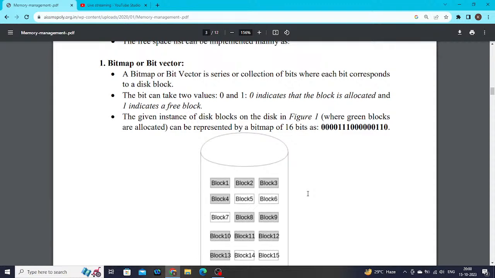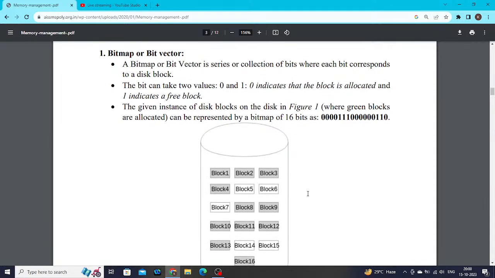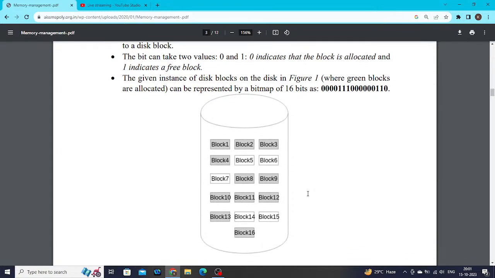A bitmap or bit vector is a series or collection of bits where each bit corresponds to a disk block. The bit can take two values, 0 and 1. 0 indicates that the block is allocated and 1 indicates that the block is free. The given instance of disk blocks on the disk, Figure 1, is showing in front of you, where green blocks